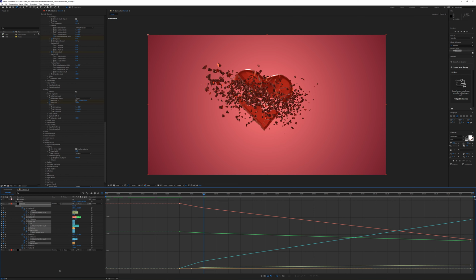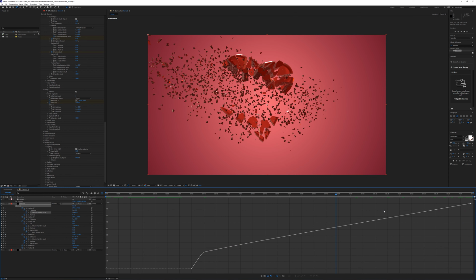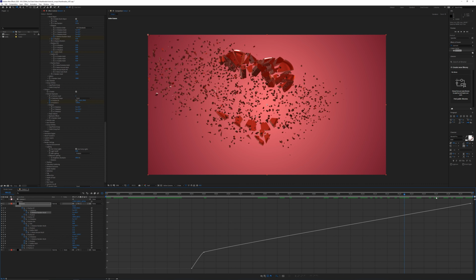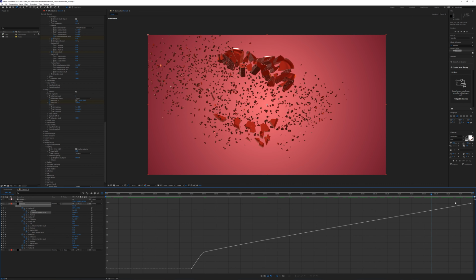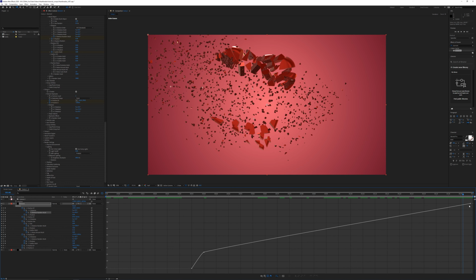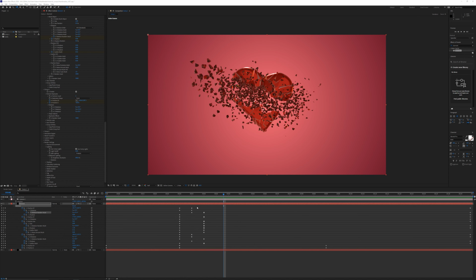So if we go into something like the random rotation, for example, if we have that linear, it's very, very hard. But if we click the Auto Bezier, it's going to smooth that out. At the end here, you could choose to do an easy ease of everything, but I want to keep mine just kind of moving forward as if it's just in really slow motion. So I don't really want them to come to a stop. So I'm not going to change the animations here to ease, but we'll come back later and see if we need to alter anything.